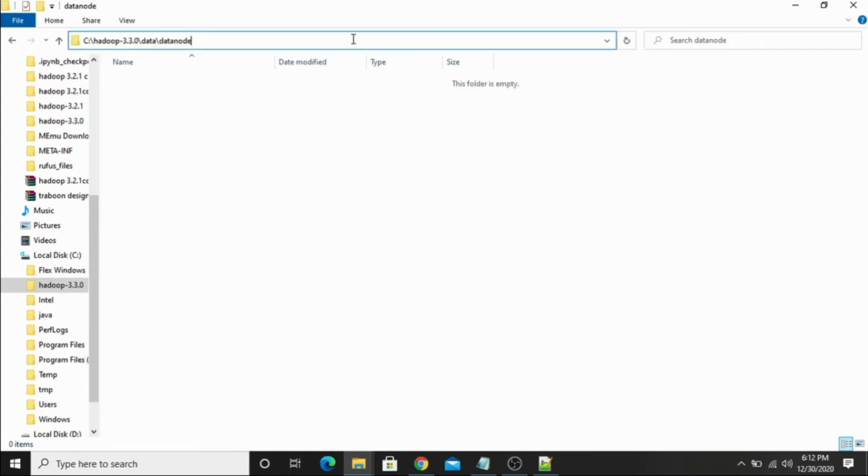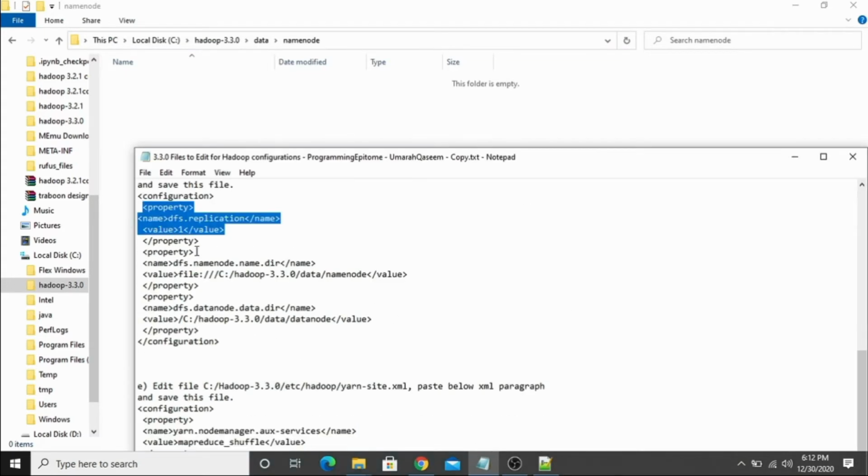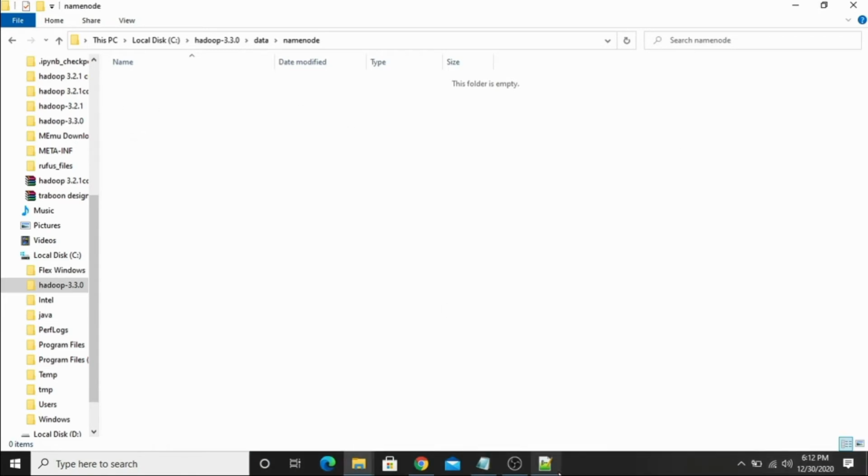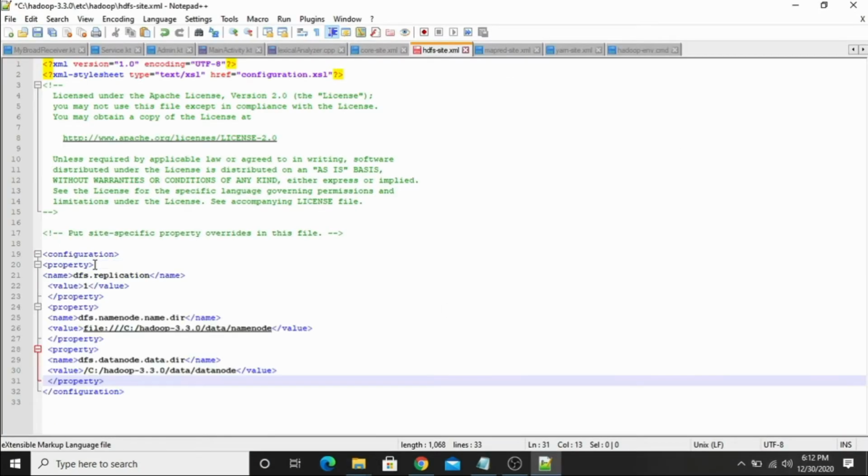Now we need the paths of these 2 folders, datanode and namenode, in the hdfs file. Now copy these properties and paste them in the hdfs file here and save it.